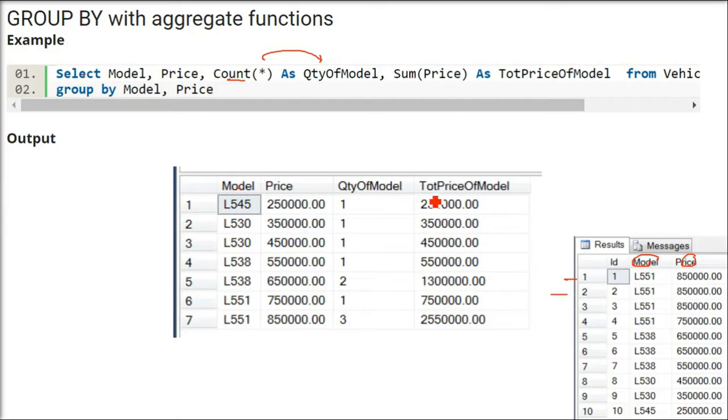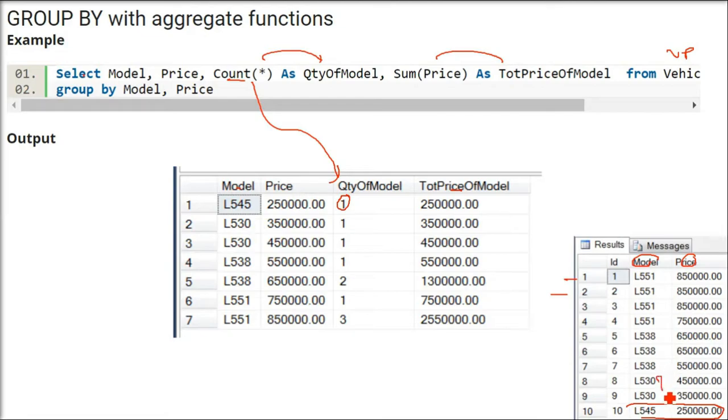Then sum of price will be added, and the name will be total price of model. From vehicle production, group by model and price. So the model and price will be grouped, and the third and fourth columns will be based on model and price. So only one L545 will be there, the count will be 1 and the price will be 2,50,000.